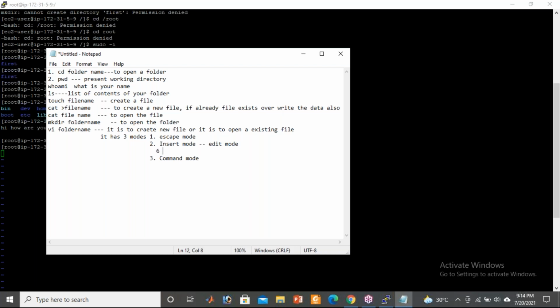Small i, capital I, small a, capital A, small o, capital O. So a total of 6 options we have, guys. Any option you can use to enter into insert mode. Then only you can add the data. Otherwise you cannot add the data. Compulsorily in the VI editor, if you want to add data, you should be in insert mode. Then you can type the data.